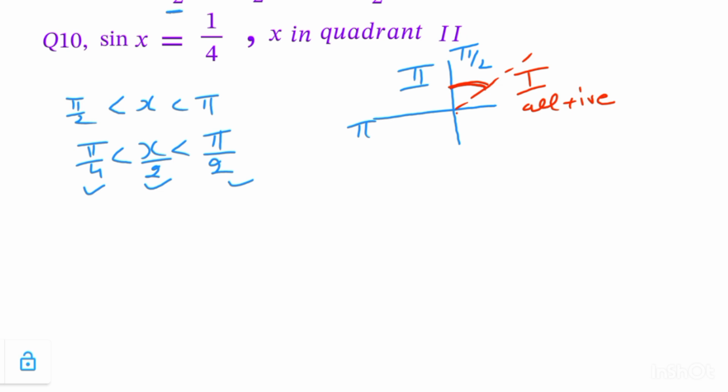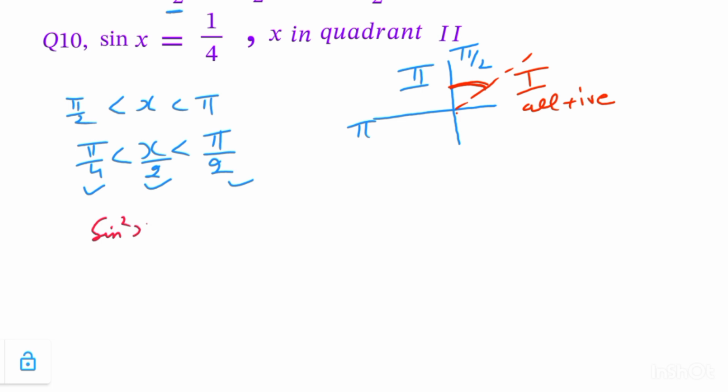So here sin x is given. Right? Sin x is given as 1 by 4. Now from sin x, we can find out the value of cos x. And when we get the value of cos x, the sum will be the same as question number 8 and 9, and we can solve it very easily. So first we will find out the value of cos x. So we know that